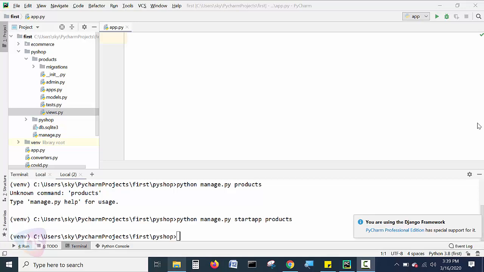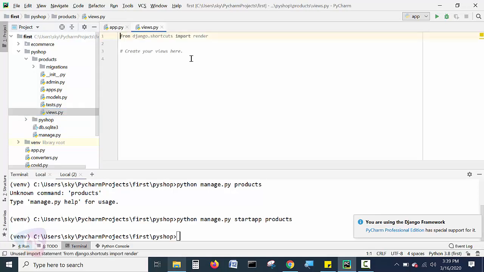The view is basically a function that is called by Django when the user is navigating to a particular page. Now see, under the project, the products package is here under the PyShop package. Under products, in the app we have created, there is a views.py module, and here we need to write that index method.